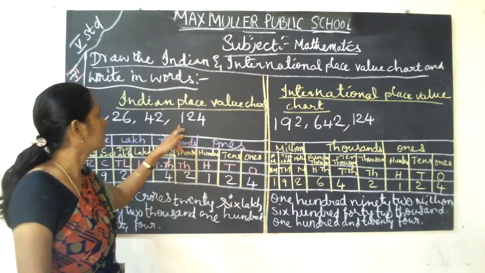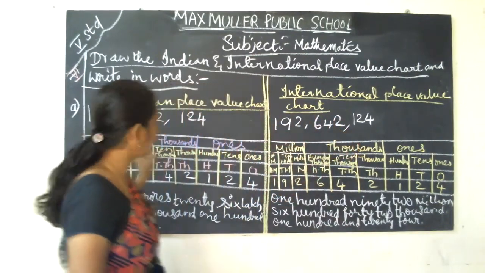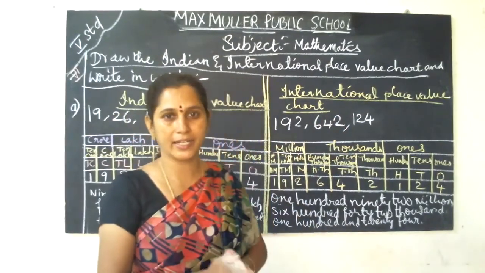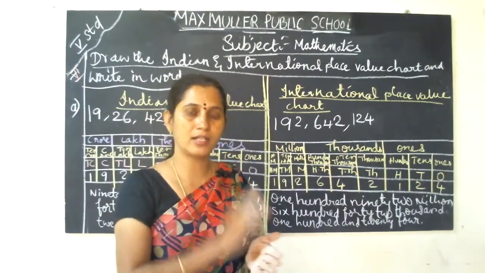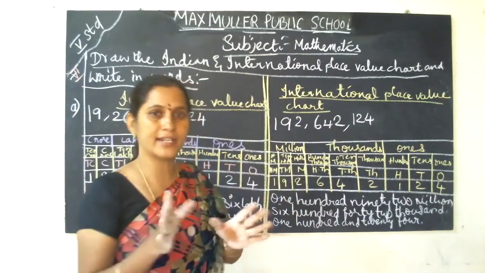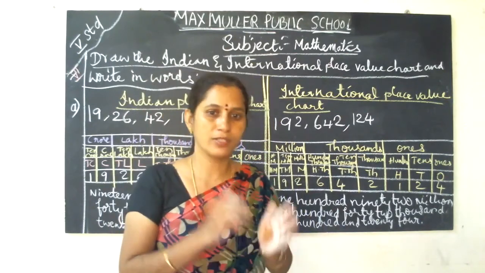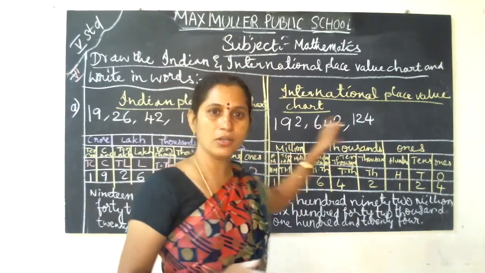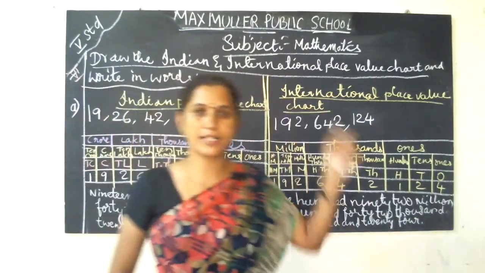This is the Indian and international place value chart, and this is the last one of mine. All the best, children. Write neatly, don't scratch, and don't make the paper dirty. Bring the paper the way we have given it. You have to submit it the same way. The paper will be coming back to us, and that neatness should be maintained, but you have to fill the paper, not submit an empty paper. We have given all the mains, and what I have given, I have explained here. I have done revision also. So practice it. You have a lot of time.